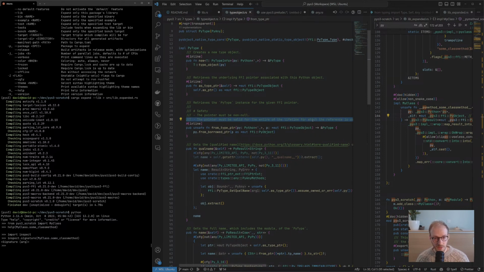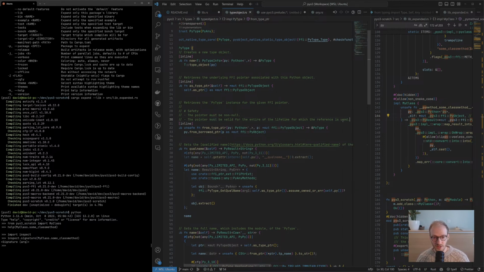But I think it's correct to rely on the Python interpreter being built correctly, because if that were not the case, then that would probably be treated as a bug in the interpreter, I think. And then the second constraint is that the pointer must be valid for the entirety of the lifetime for which the reference is used. And that's because